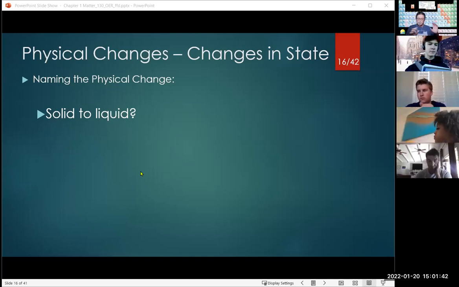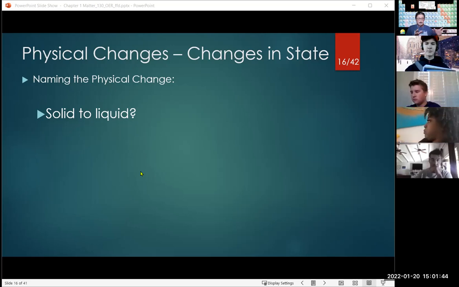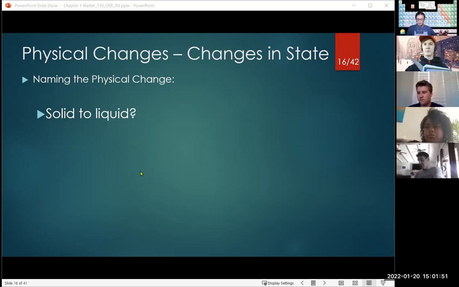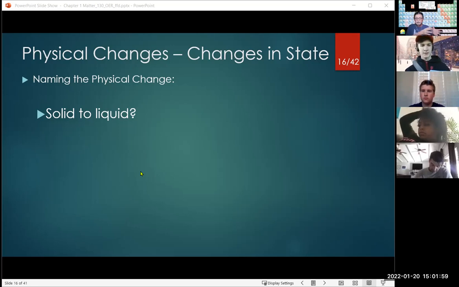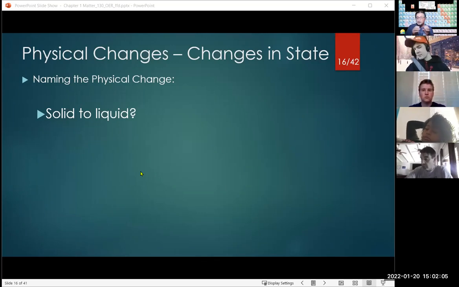Now, what we're talking about is matter and the changes that matter undergo. Now, there's only two types of changes. One is a physical change, okay? Now, a physical change basically means that it's going from one state, being a solid, liquid, or gas, to another, either going from a solid to a liquid or to a gas. But chemically, structurally, that's the important part, nothing happens to that chemical.